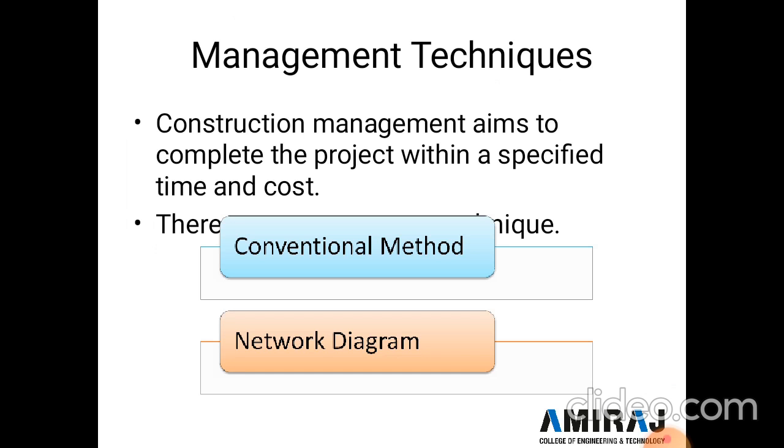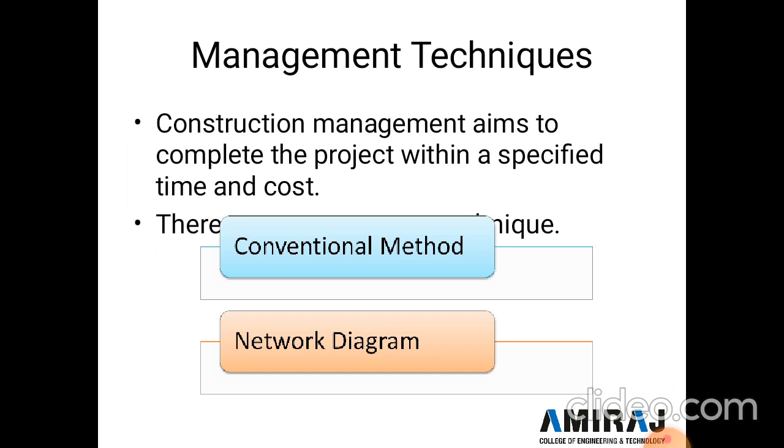In this chapter we start with the first technique. It's a management technique. So construction management aims to complete the prescribed work within a specified time limit and with an estimated cost. In order to achieve this objective, various methods or techniques are used to complete the project,